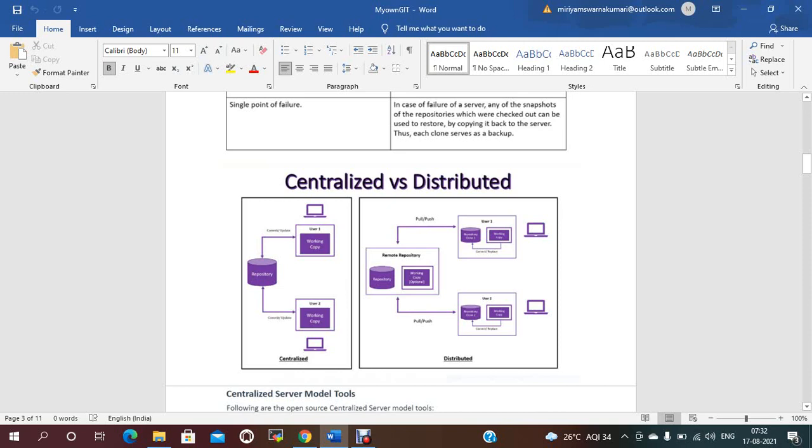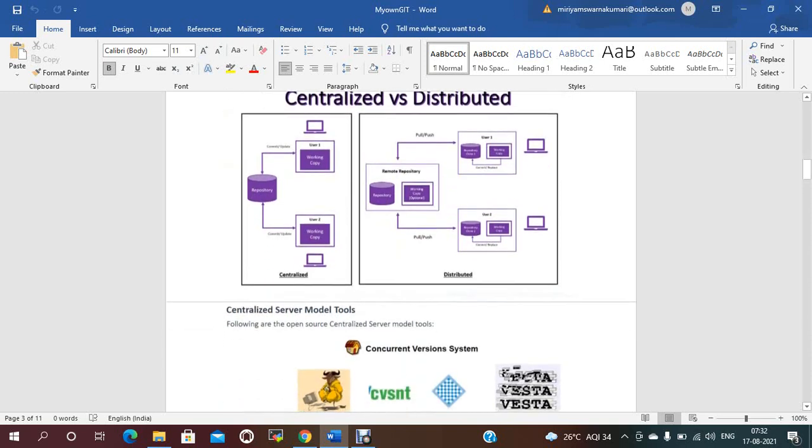When it comes to distributed, the developer can take a complete copy to his local repository, so he can work on those changes. Once that is done, he can push. Once he has pushed the changes to the remote server, he can take the updated copy and work at the same time. So at the same time, developers can work independently on their feature changes.